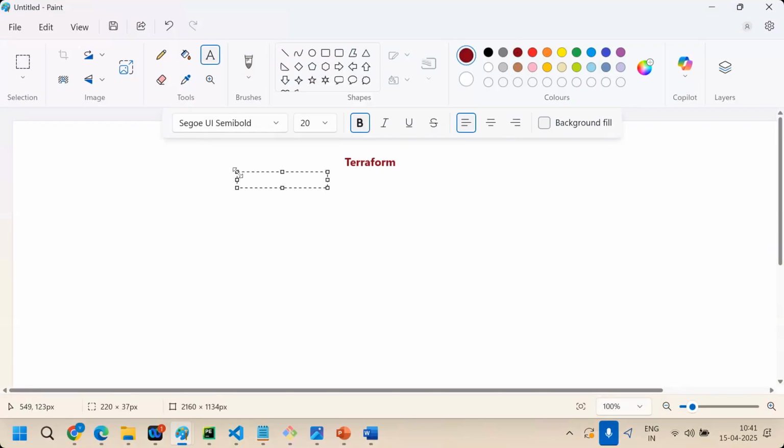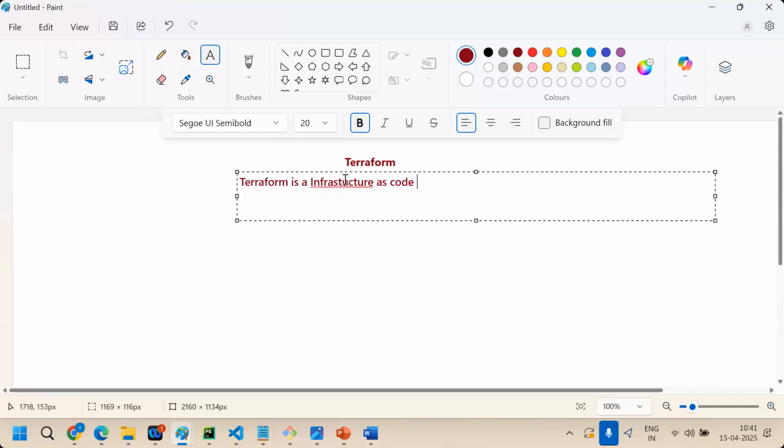Terraform is infrastructure as code. Infrastructure as code, IaC.